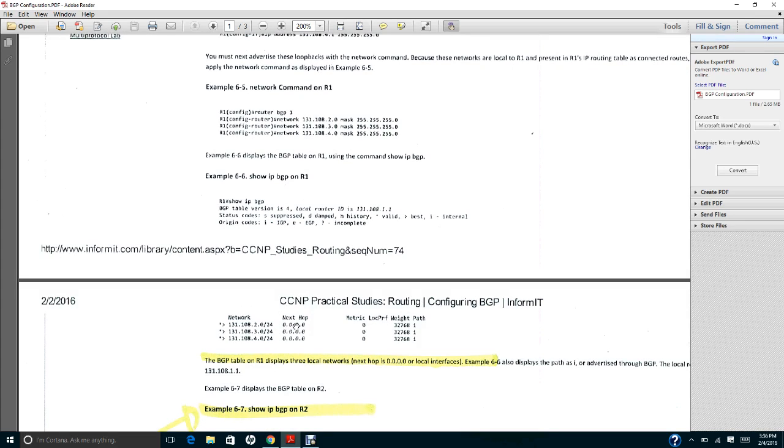The next hop is the local interface, or 0.0.0.0, and then you will only see .3 and .4. The BGP table on router 1 displays three local networks. Example 6.6 also displays the path i. The path i means internal, or advertised through border gateway protocol.